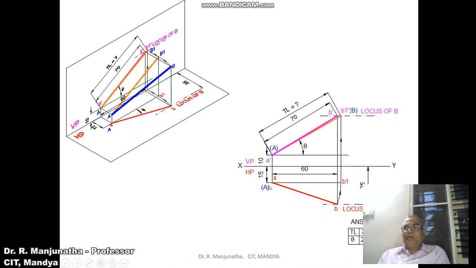So you make the true length in the vertical plane, meaning parallel to VP. With A as center, taking the radius of AB, rotate it and make AB1 in front of VP by 15 mm. When it is projected, you are going to get the true length, and the inclination made by that with respect to HP is theta. This is what has been shown.